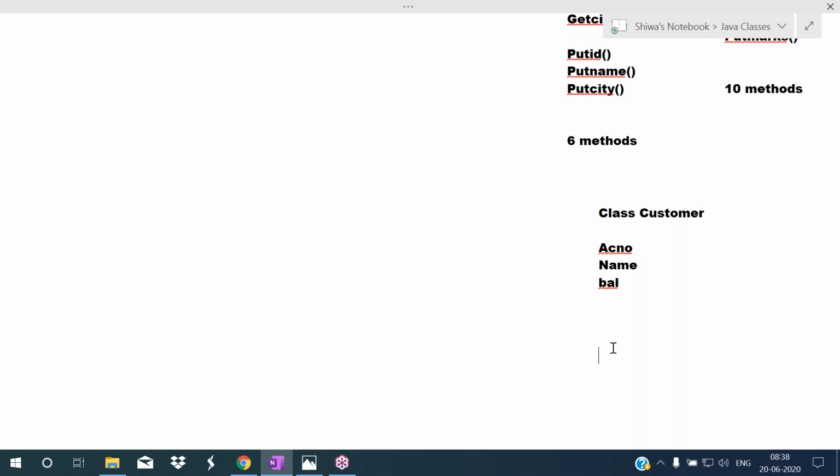Later, in the 2000s, they want to add the Aadhaar card number. This Aadhaar card was not there in the 1990s. It was introduced in the 2000s. So now the bank wants to add the Aadhaar card number and the PAN card number.